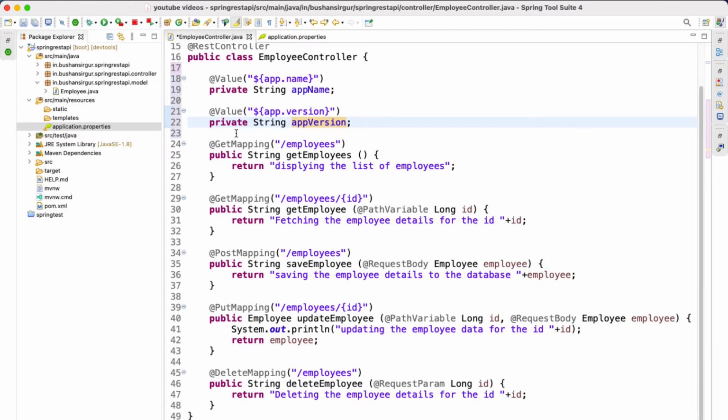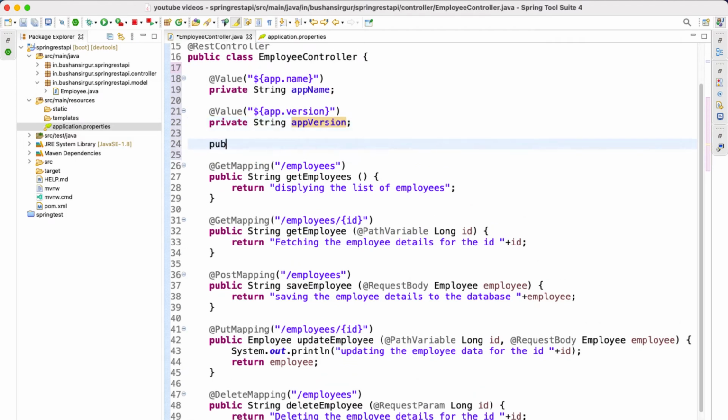Now let's go ahead and create a new handler method. This will return the application name and the version: public String getAppDetails.